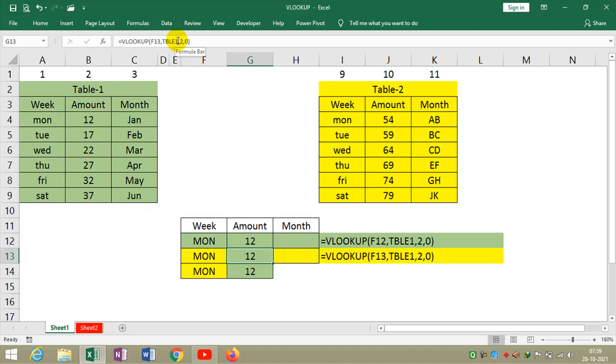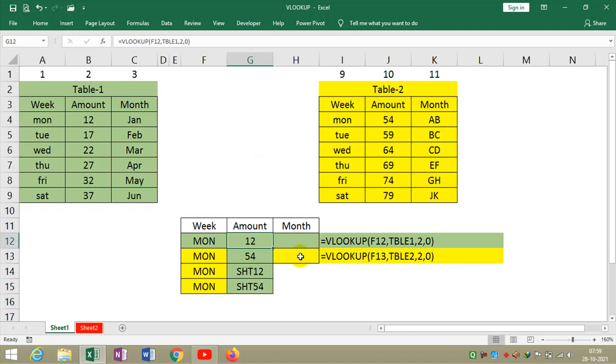Just change to table 2, table 3, and as well as table 4.